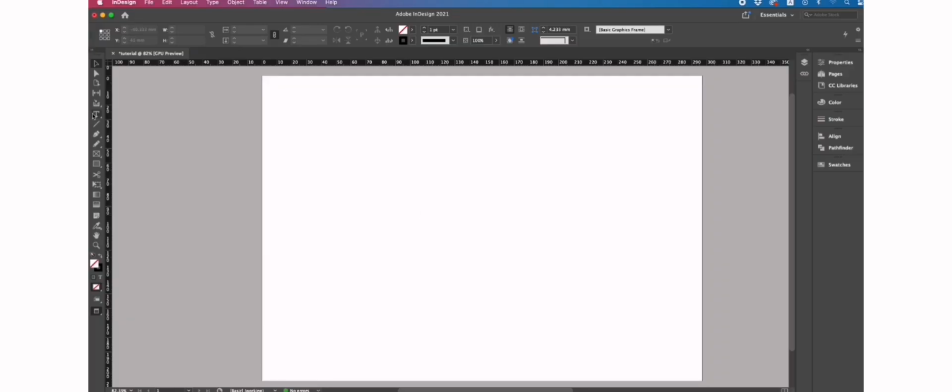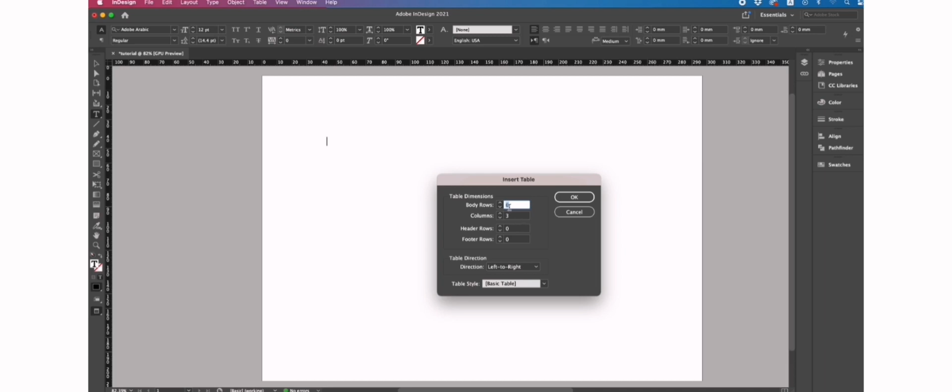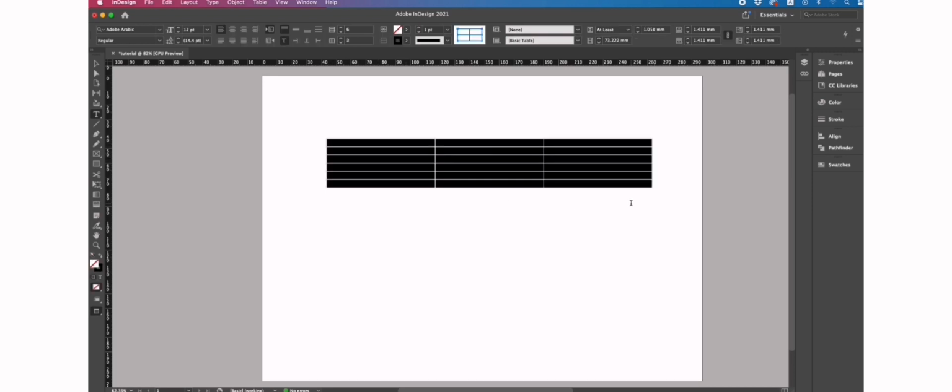So in InDesign, it's possible to create tables. We can do this by using the Type tool to define a text area and then go to Table, Insert Table, and we can specify the number of rows. So we can have 3 columns and 6 rows. Click OK and it creates that table, and we can select all of the different cells with the Type tool